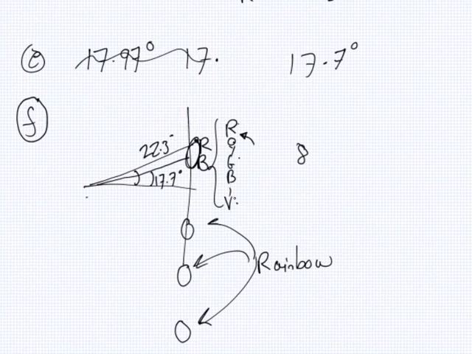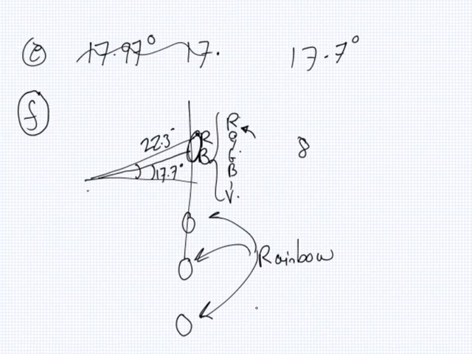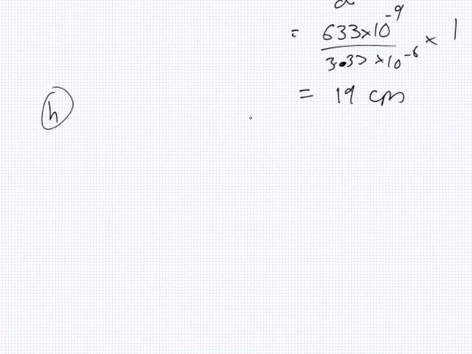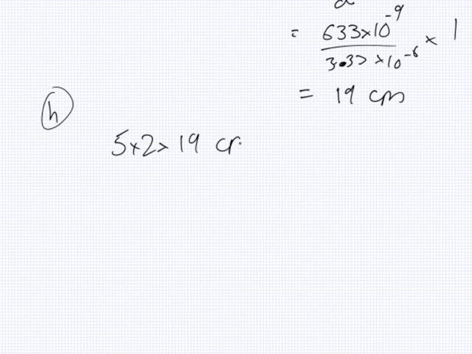So we need to make sure that all the reds can fit, because if the red can fit, then all the other smaller wavelengths will fit as well. And we've already worked out the maximum order for the red. It's 5. So does that mean the screen needs to be 5 times 2 times 19 centimeters, which is 1.9